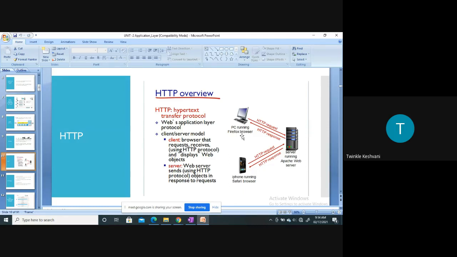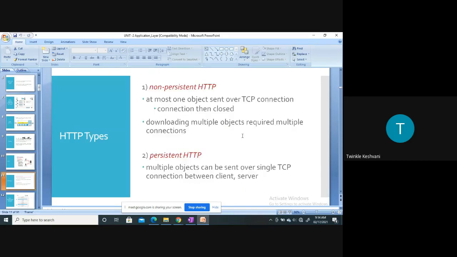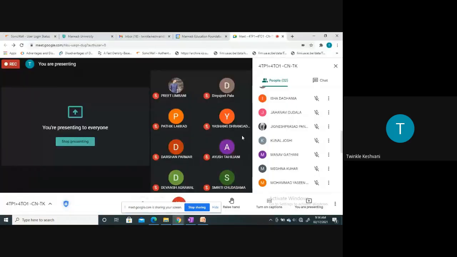Basically we have two types of connection, non-persistent connection HTTP and persistent connection HTTP. We have discussed briefly what a persistent connection and a non-persistent connection are.